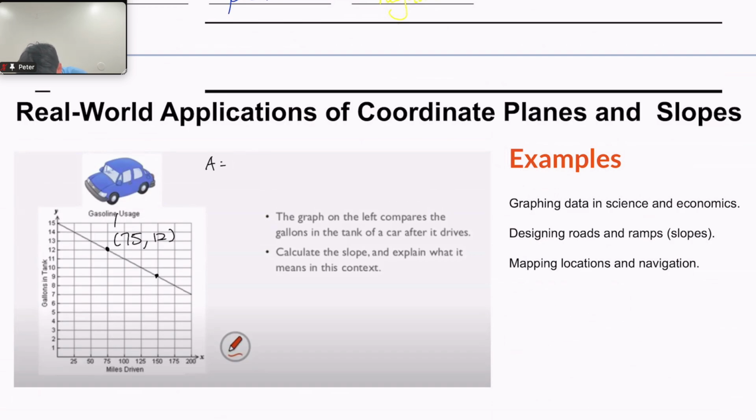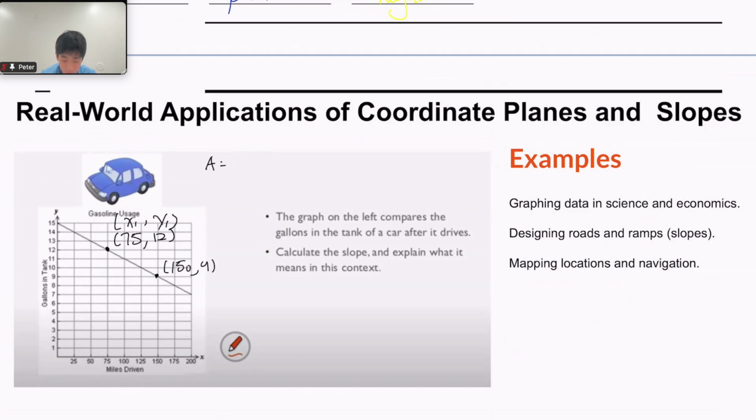And this will be our x1 coordinate, because this is the first one. When the slope is negative, as in this case, the taller one will be x1, because it is the earlier one. For example, 75 is earlier than 150, so the x1, y1 will be 75, 12, and then the next one will be